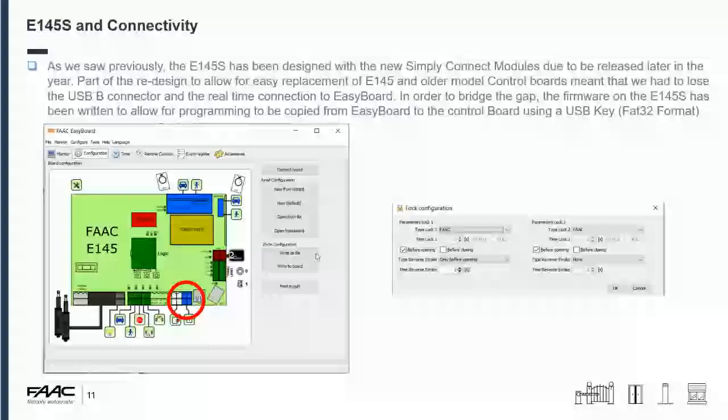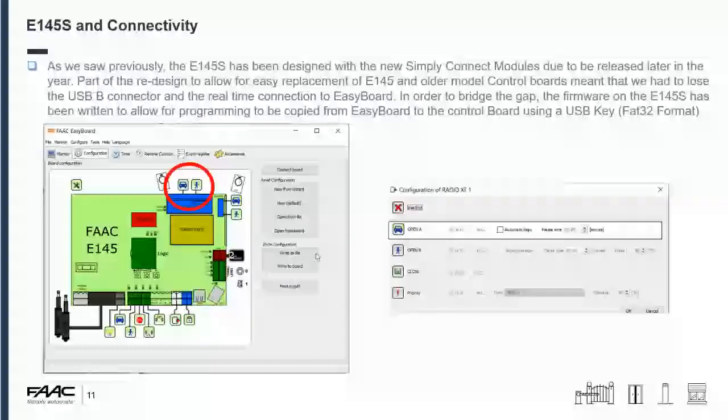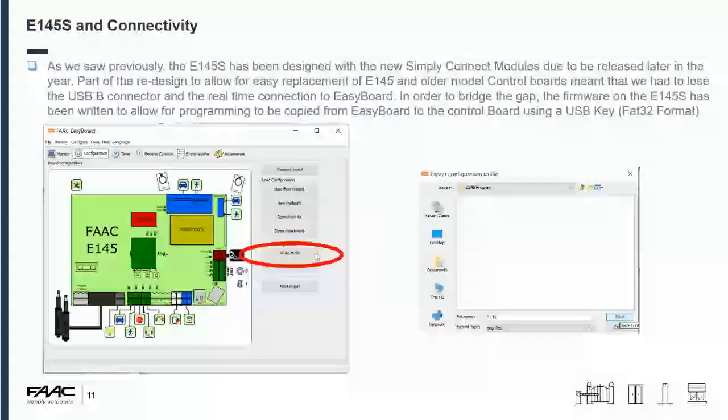In the limits, if you want to adjust them, you can adjust what the triggers do on the receiver cards. So you might want to disable the second receiver so nobody can randomly start adding a pedestrian command onto it, or you can have button 2 be a close command. And lastly, you can change the logic. Once you've done all of that, you need to make sure you write the file and save it somewhere on your desktop,